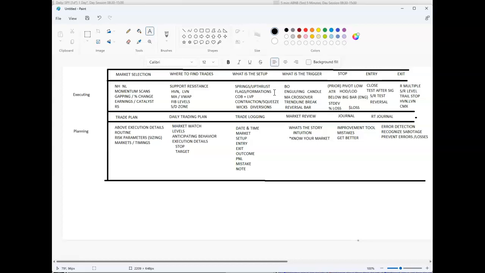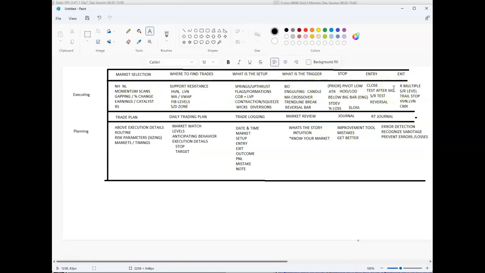Because one time what will happen is you'll use this setup of a spring. The next time you'll use a flag setup. When you put your stop, one time you'll use the pivot low. The other time you'll use the bar low. The third time you'll wait for a certain dollar amount and basically lose a lot of money and then exit. So that's the problem. When you have answered these questions that I'm showing you here, when you've answered this, you